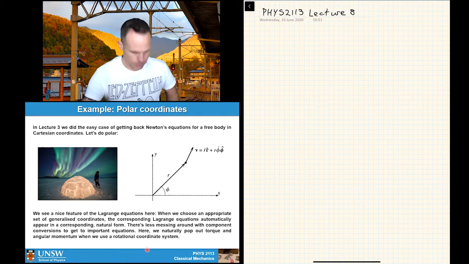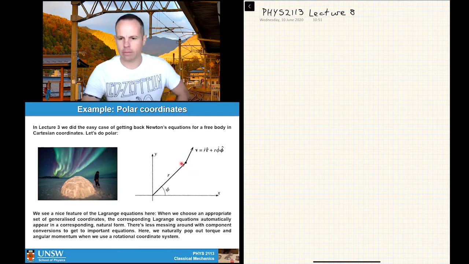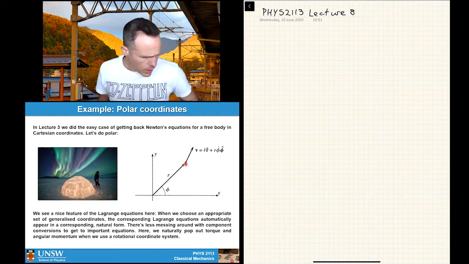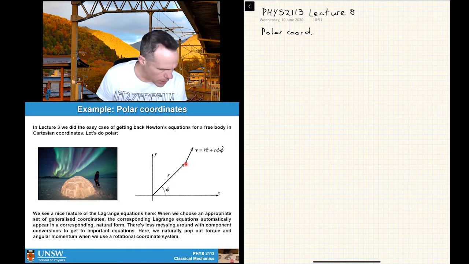We're going to deal with a polar coordinate system. So we still have our y and x, just to give us some context here. We have some body at some position here, and we could write that as an x and y, and we could give it a vx and a vy if we want. Or we could just change our coordinate system to r and phi, and then we would have a v that's got components of r and phi, instead of vx and vy, okay? So let's work our way through here. Polar coordinate problem. So we have a particle,